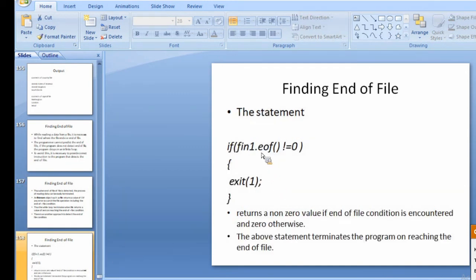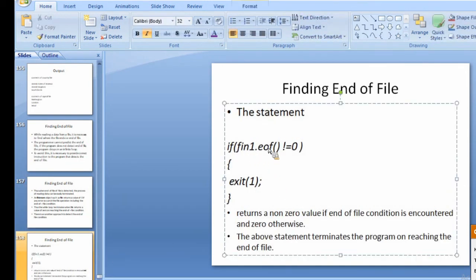So we write like this: fin.eof, file input stream.eof not equal to 0, we have to exit. So what is this eof doing here? End of the file. It returns a non-zero value if the end of the file condition is encountered, otherwise 0.